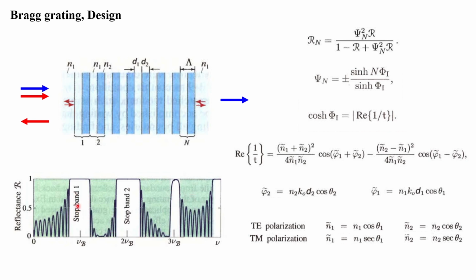But how can we calculate this bandwidth? There is a set of equations. You see, from top, we can go to down. With these equations, we can get this graph, and we can design the Bragg grating for whatever we need and for the desired wavelengths. Here we are going to design a Bragg grating, fabricate it, and test it. So based on these equations, first